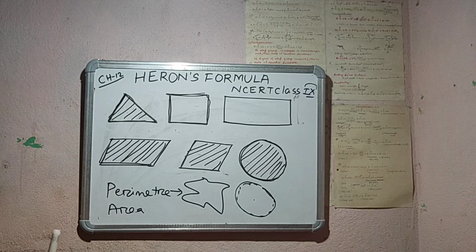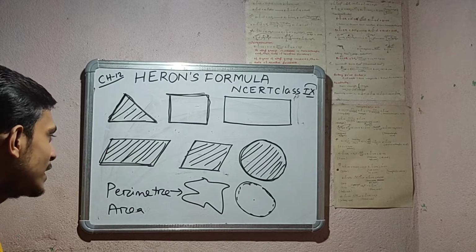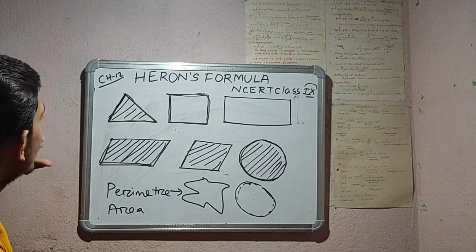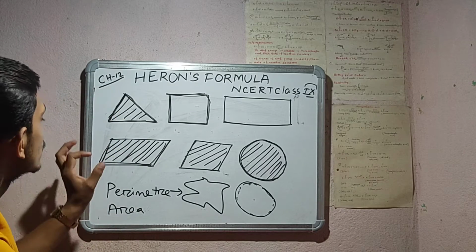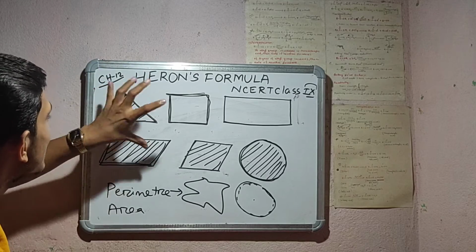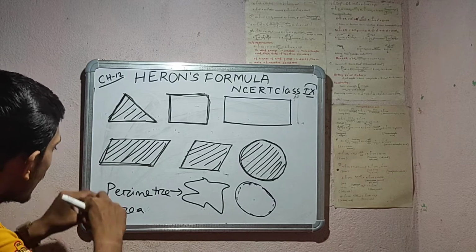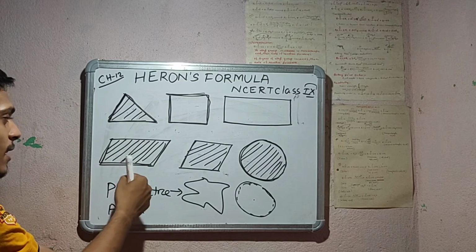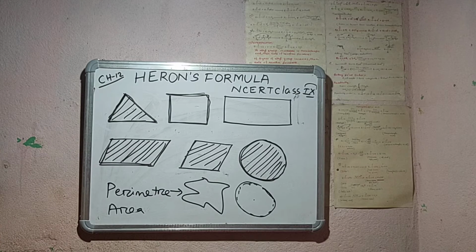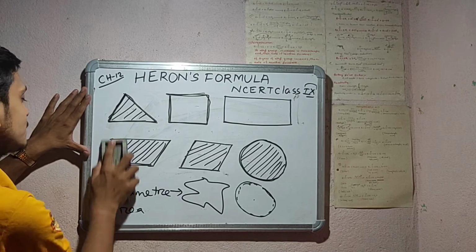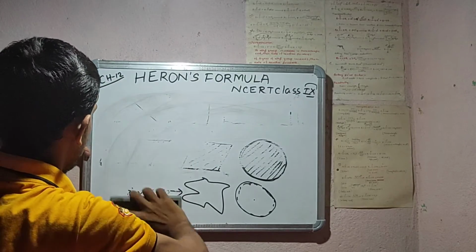So this is your perimeter and this is your area. You can easily recognize that if the question is to find the perimeter or find the area. To find the perimeter means to find the length of its sides or the total borderline length, and the area means the part on which it is situated. Clear?